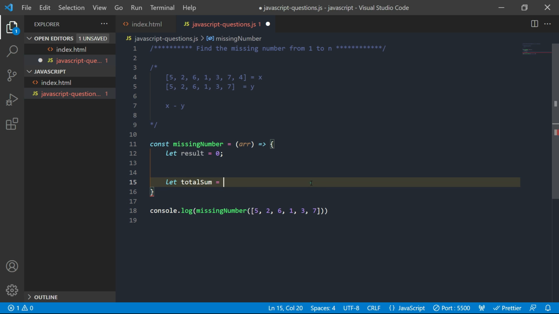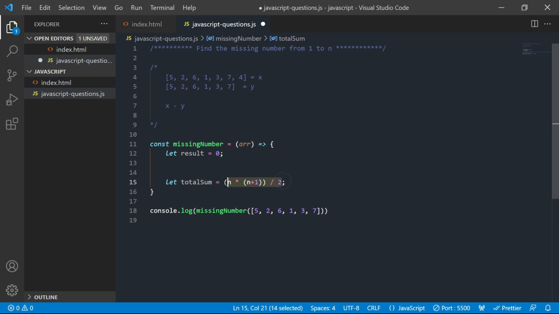For this we can use the arithmetic expression n times n plus 1, divided by 2.